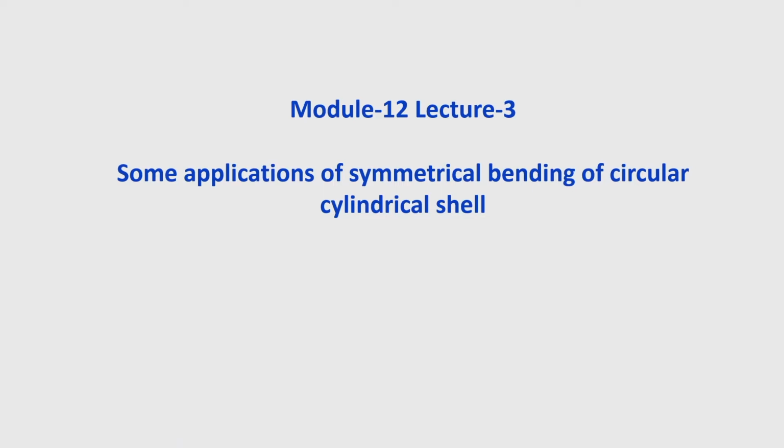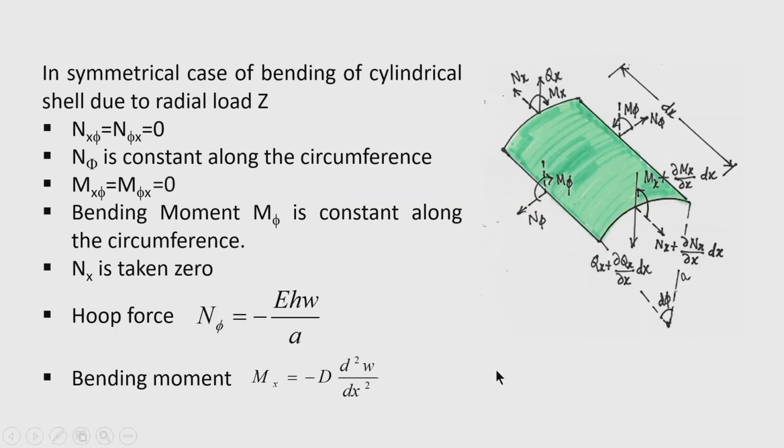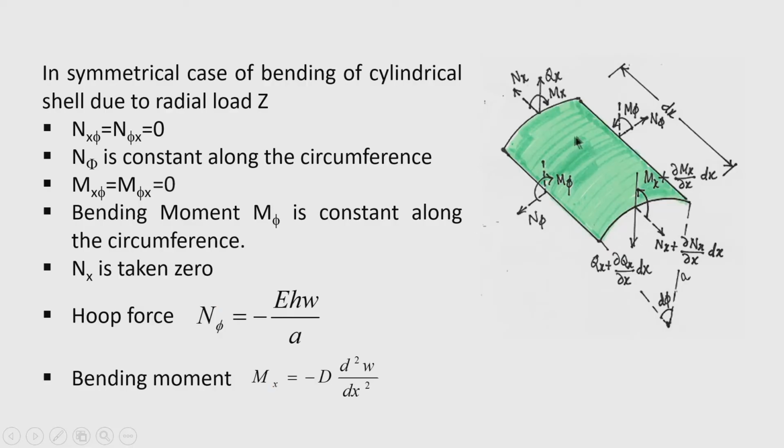Okay. Now, let us see a shell element subjected to load that is radial to the surface, normal to the surface. I mean that the component of the load along the x axis and along the y axis, that is the tangential direction to the surface, is neglected. So, the only loads that are important to cause the stresses in the shell are the loads normal to the surface, that is in the radial direction, and it is an axisymmetrical type of loading.